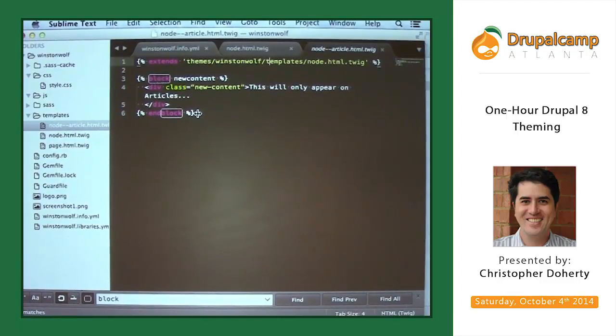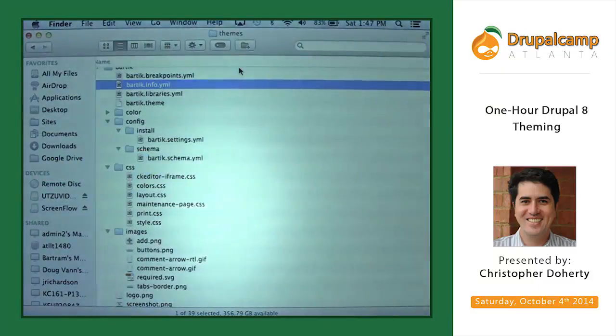I have one question about some of the other base themes. What's the status of maybe Zen? I know for us in MediaKernel we use Omega. What's the status of that in Drupal 8? There is a release of Omega in Drupal 8.